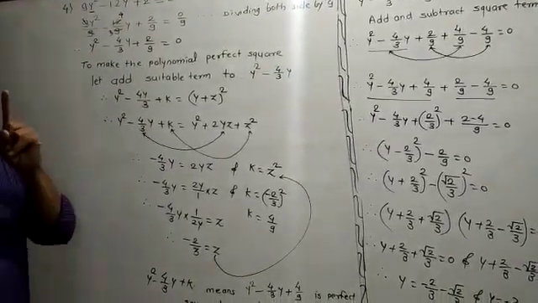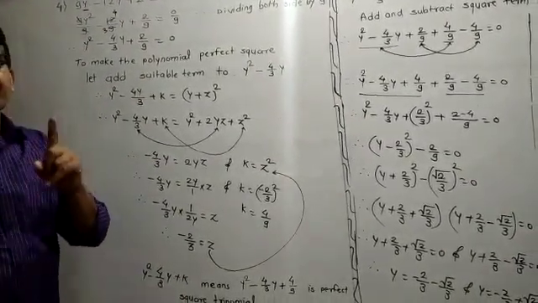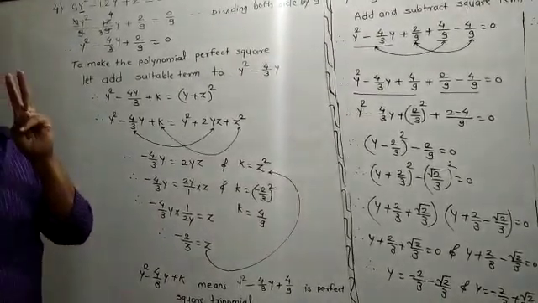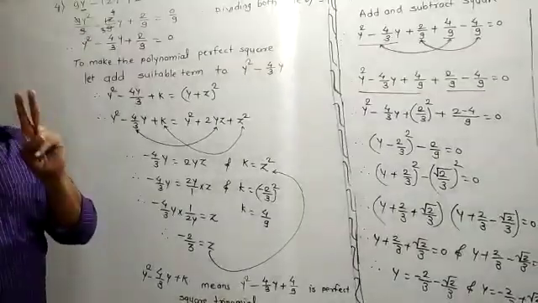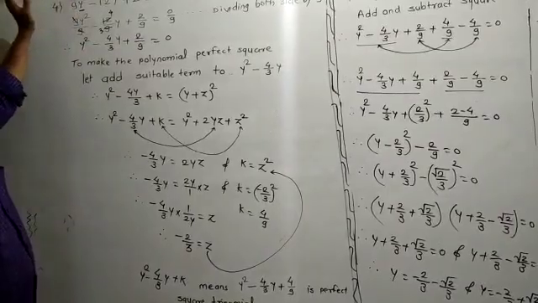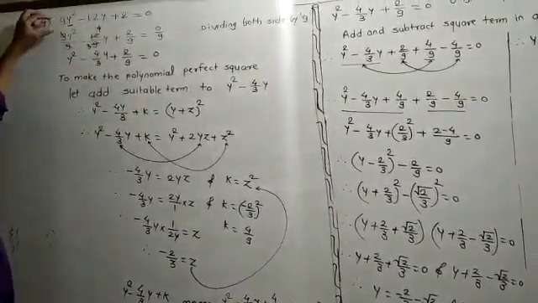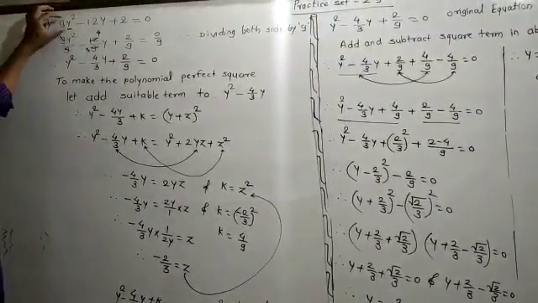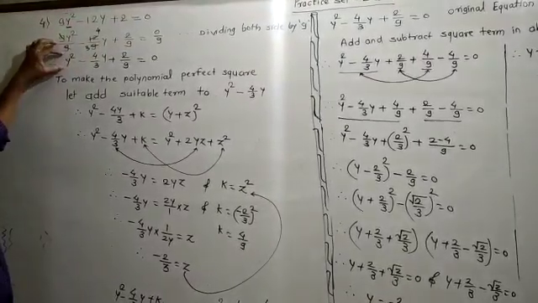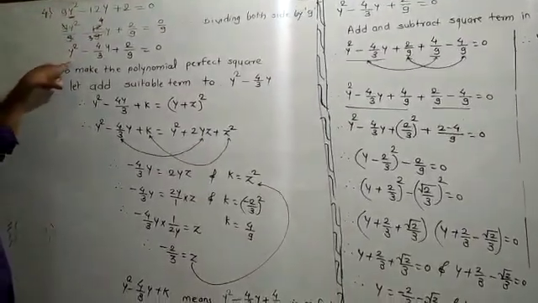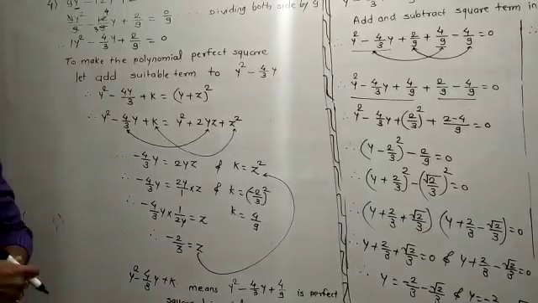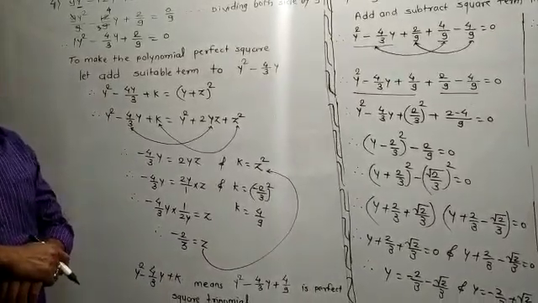The first rule is that you have to write the given equation in the form x square plus bx plus c is equal to 0. The second rule is that you have to make the coefficient of the square term 1. If the coefficient of the square term is not 1, you have to convert it into 1. Here the coefficient is 9, so divide both sides by 9, and in this equation the coefficient of y square is 1. Then you have to apply the regular rules and solve the example.